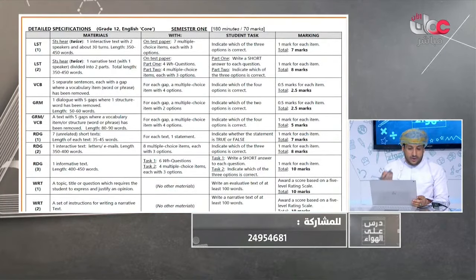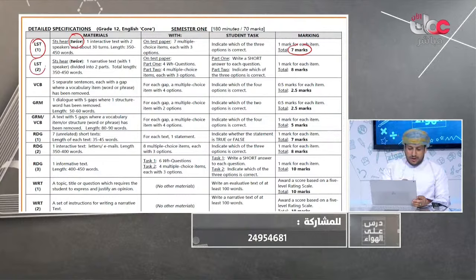I know many of you might know that the listening here will be just 7 marks. So we have 3 options for each question. We have 7 questions, and it will be repeated twice. You have to bear in mind that all listening will be repeated twice. So you have to read the question, then listen and shade in the correct bubble.